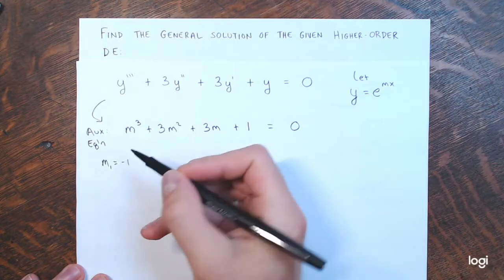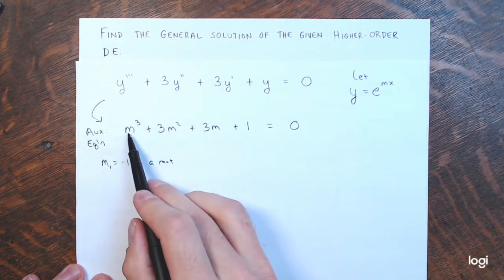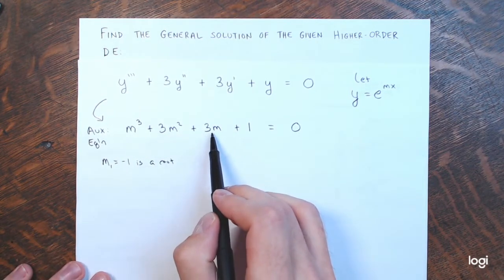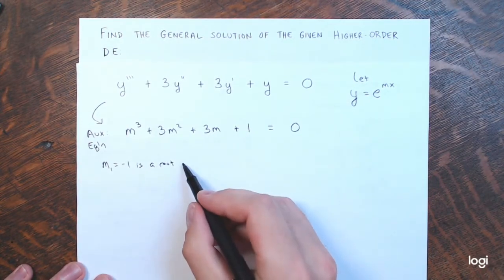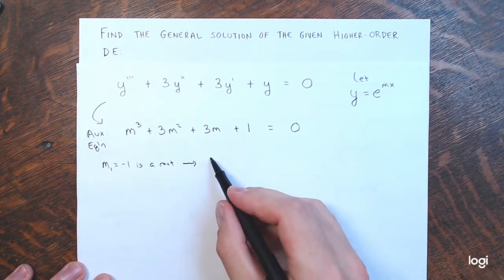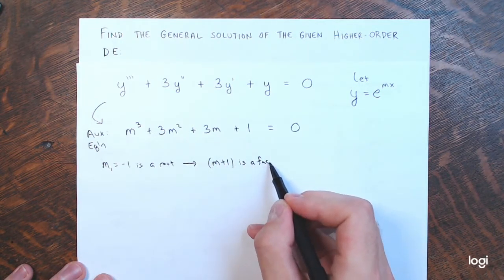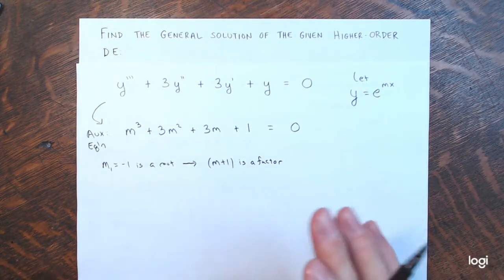m equals -1 is a root, and let's check that out, right? Because this would be -1 plus 3 is 2, minus 3 is -1, and then plus 1 is 0. And if m equals -1 is a root, that means m plus 1 is a factor. And then you can go through and do division, and I'll tell you right now though,